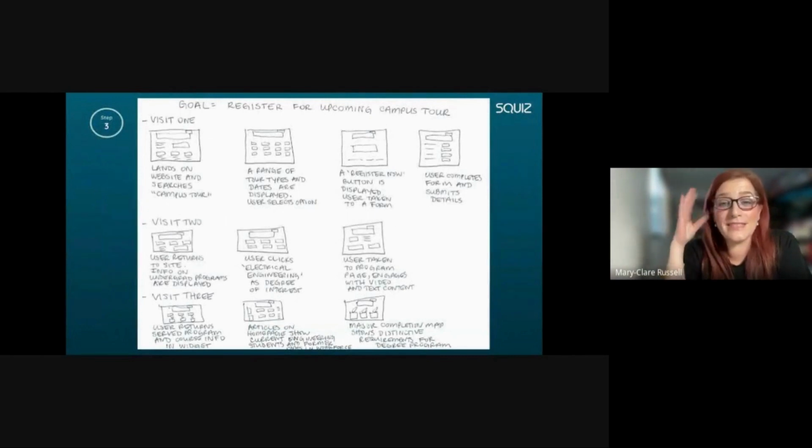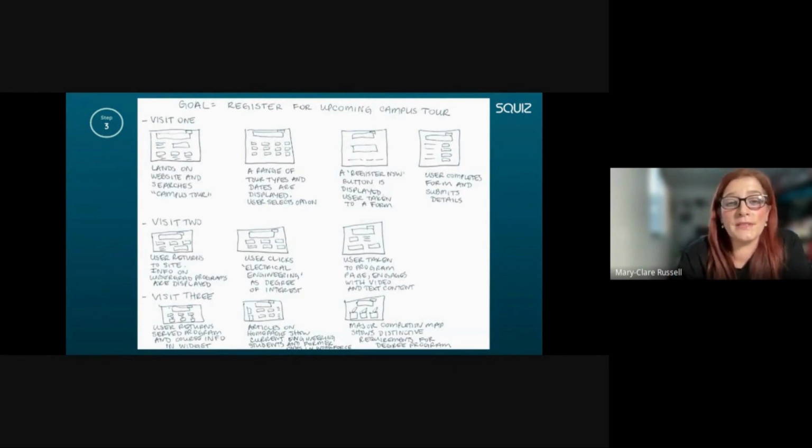As an example of how simple this can be, this is a student's journey on a university site that I did up in just a few minutes. In Visit 1, a prospective student arrives on a university's website looking to register for a campus tour. They accept the cookies on site and proceed to use the search bar to find a tour and date that suits them. They submit their campus tour registration, indicating their interest in an undergraduate programme for entry to the